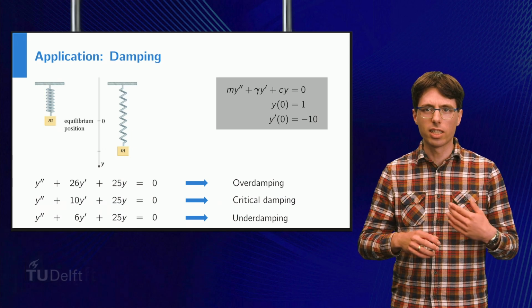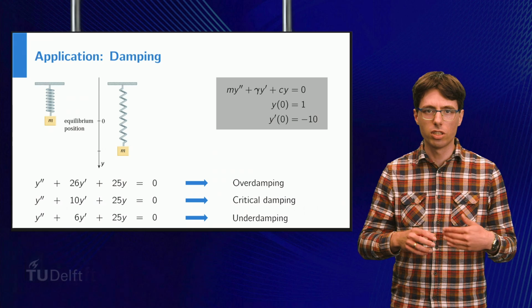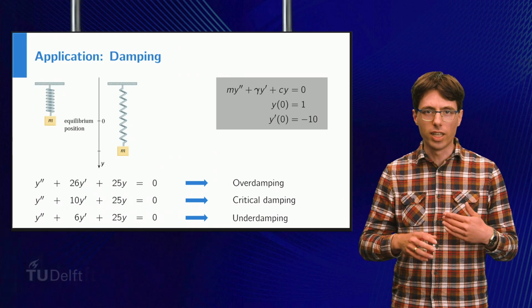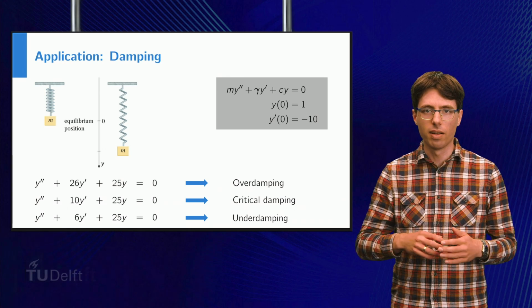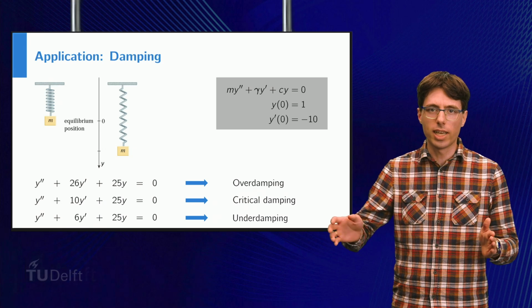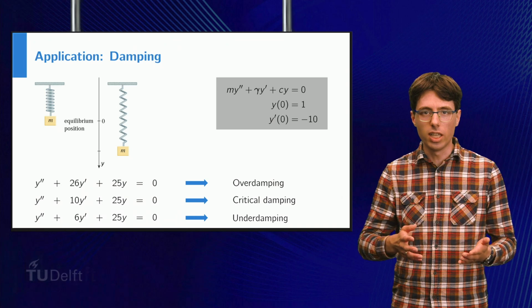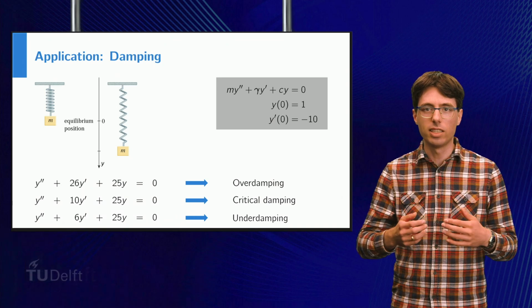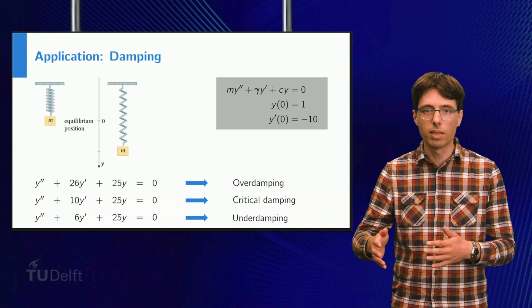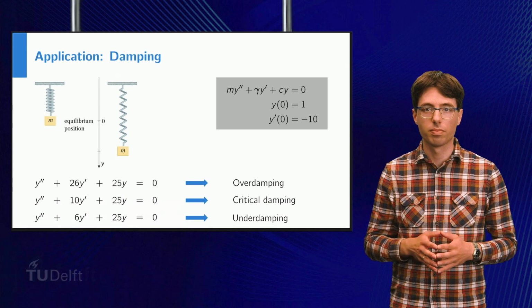You can imagine this case occurring when the friction coefficient of the medium is very low. For instance, when the spring is moving in air. Then the spring will start oscillating with a decreasing amplitude because of the friction. As you can see, the critically damped case is really the transition between the overdamped and the underdamped case.